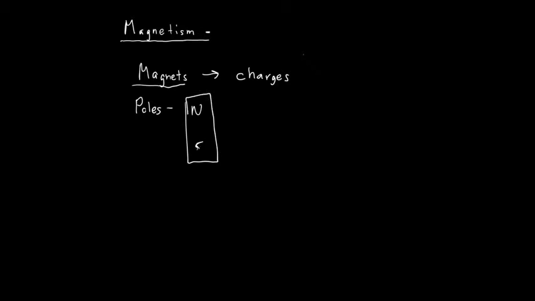So we can understand magnetism by drawing some analogies between magnets and something we already know a lot about, something called charges. A magnet consists of poles. If you've ever seen this in cartoons, every single magnet has a north pole and a south pole, and you usually see this drawn as a bar. This is similar to charges, which can either be positive or negative. Something else that's similar with charges is like poles